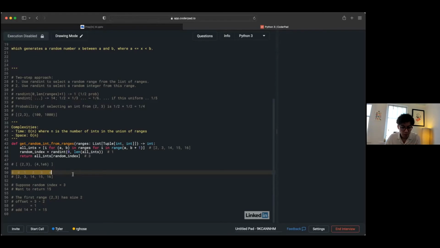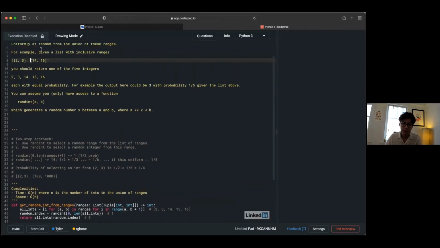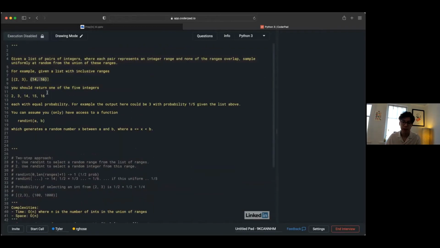Yeah, so I can also just do arithmetic here and compute the length of each range. The length of the first range is 2, and that's 3 minus 2 plus 1. And the length of the second range, in our simpler example the 14, 16 range, is 3, which is 16 minus 14 plus 1 again, right?